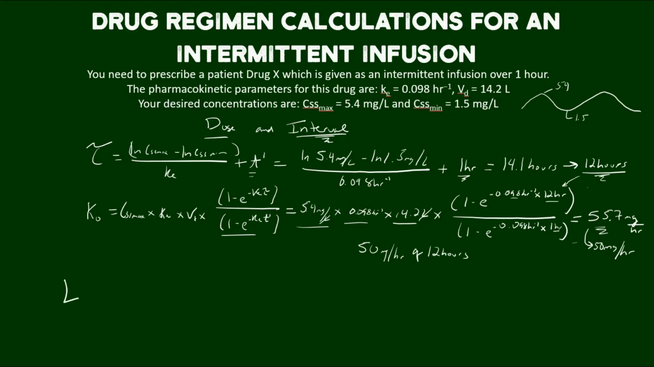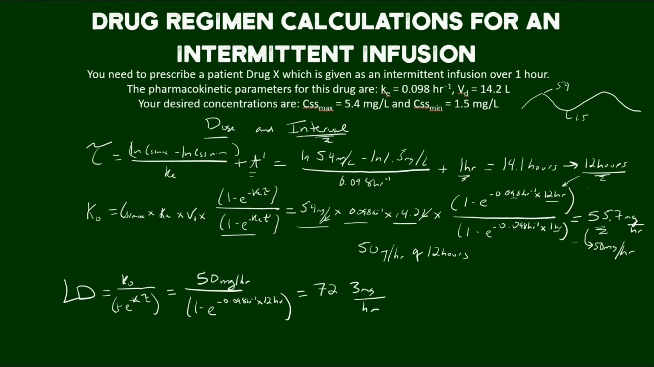So what if we wanted a loading dose? We wanted to get this patient up to therapeutic concentration quickly. Well, we can do that with an intermittent infusion as well. And that's simply the infusion rate that we calculated over 1 minus e to the negative elimination rate constant times the tau we calculated. Putting that in, that gets us to a load of 72.3 milligrams